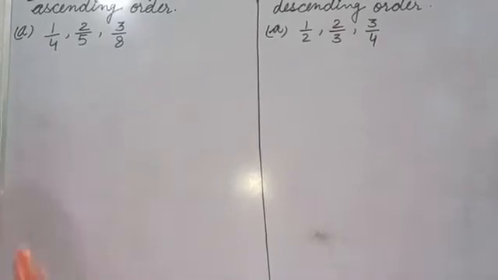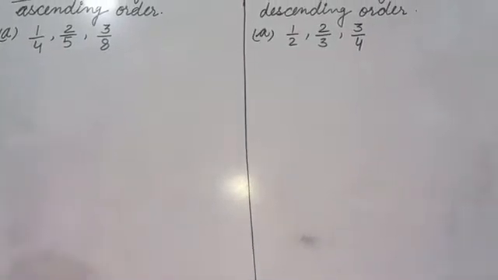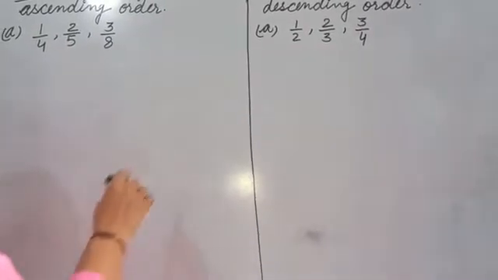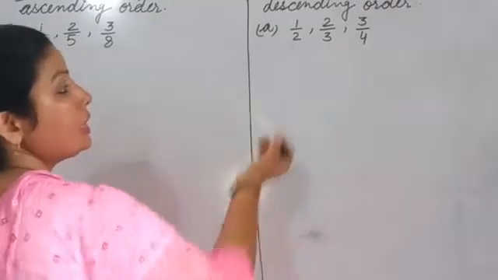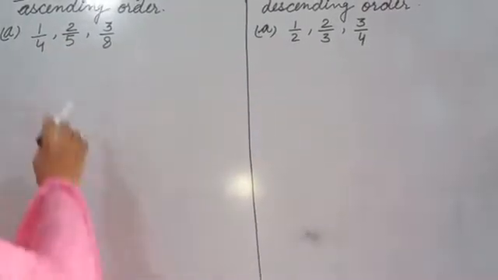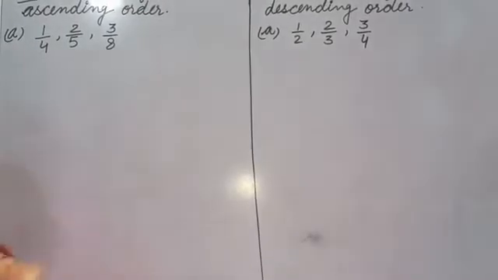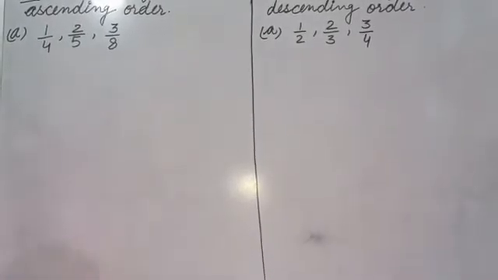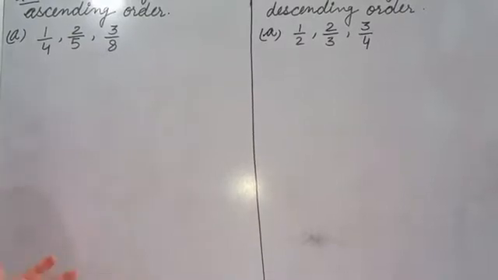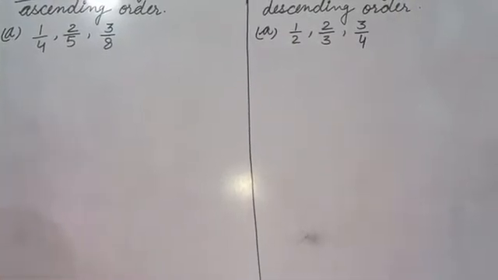Whenever we write in ascending and descending order, the process is same. That's why I take one part of descending order. Question 6 is descending order and question 5 is ascending order. So I take one part of ascending and one part of descending. The rest you will solve yourself. B, C, D of question 5 and 6 you should solve yourself.